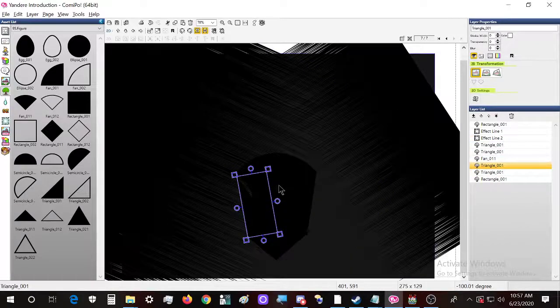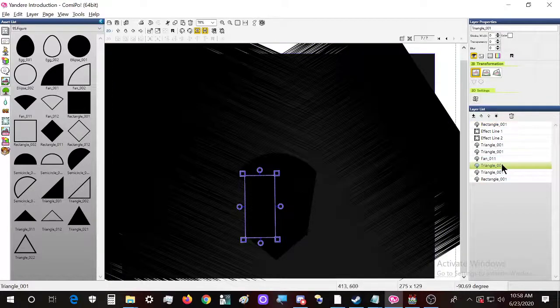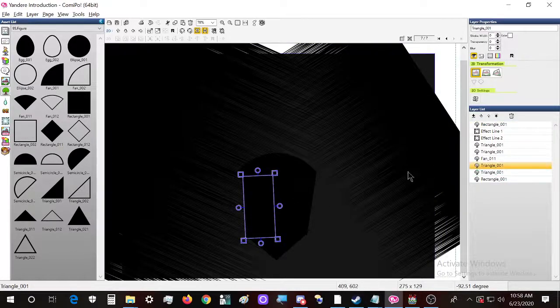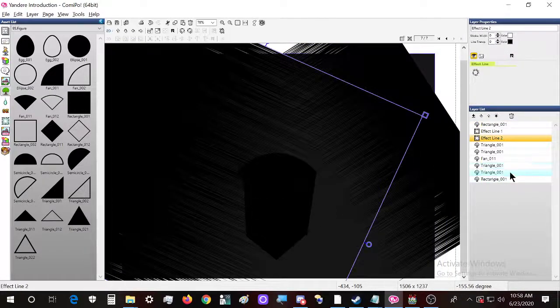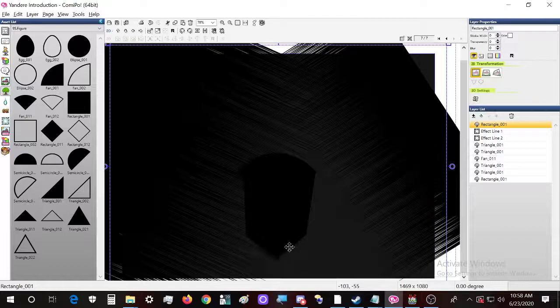Now let's actually realign some things around here. Okay. That's not gonna matter that much if it has those little points.